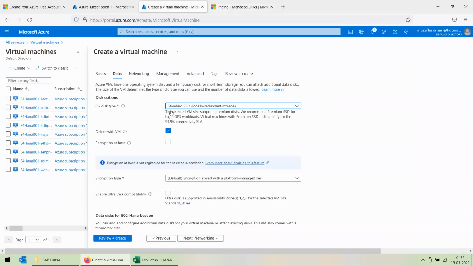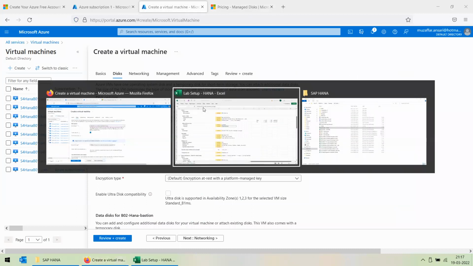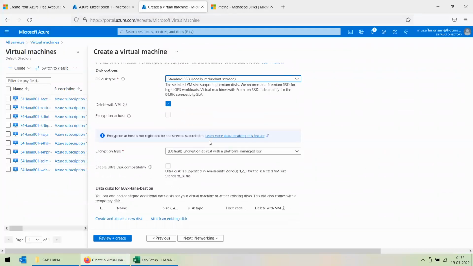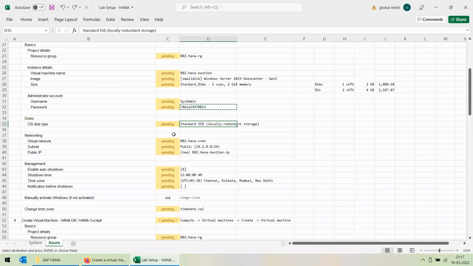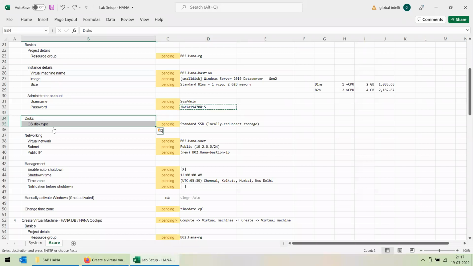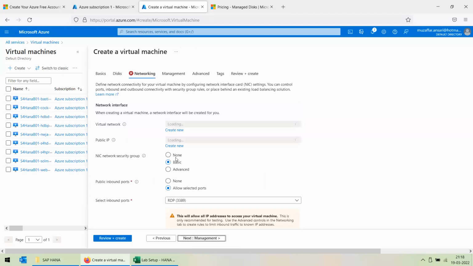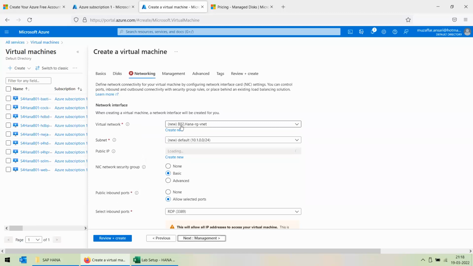So here is your standard SSD. Now we have selected the disk. In this case, we don't need any data disk for the Bayesian host. There is no need for any additional drive or partition. So just ignore this part and go to the networking section. In the networking section, you have to choose which virtual network you want to place this VM in. We'll be placing it under